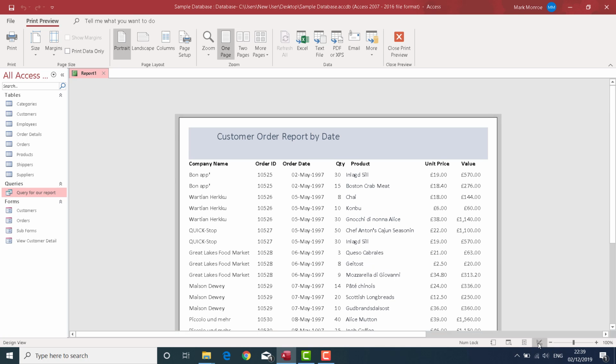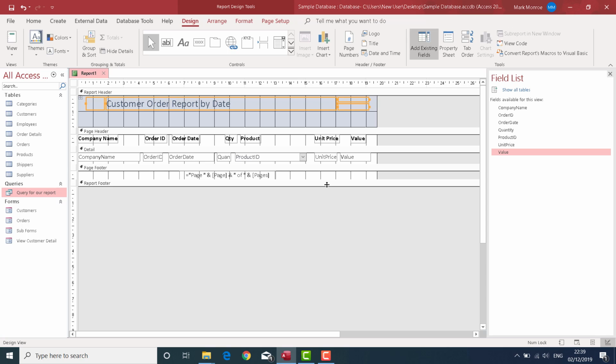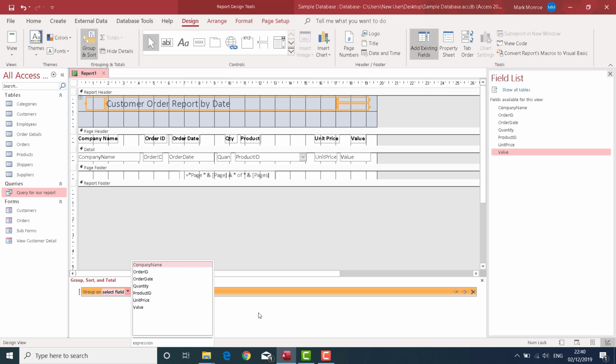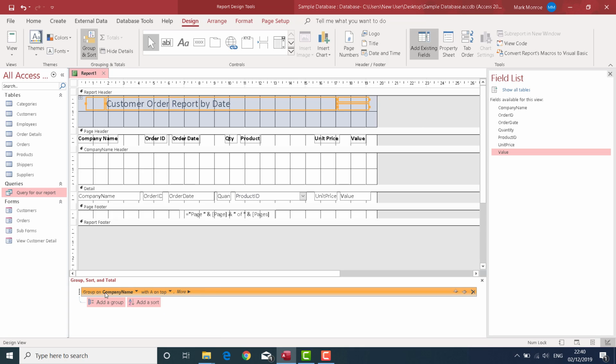All we do is we go back to Design View. On our Design ribbon, we click on Group and Sort. This opens up a panel down the bottom, and we want to add a group. When you click on that, it asks you which field do you want to group by. Now we want the company name. There you can see Group on Company Name with A on top, so it's going to be in alphabetical order,